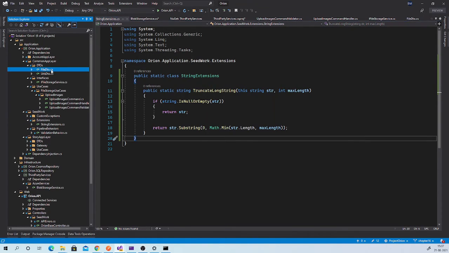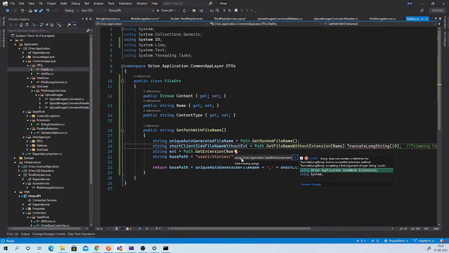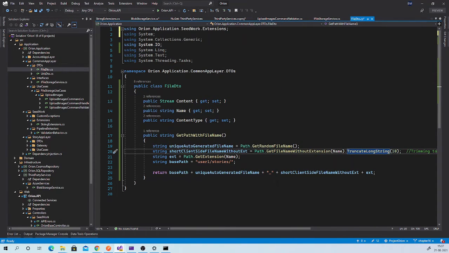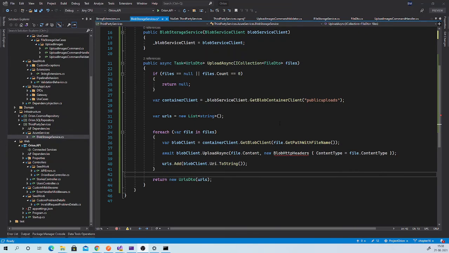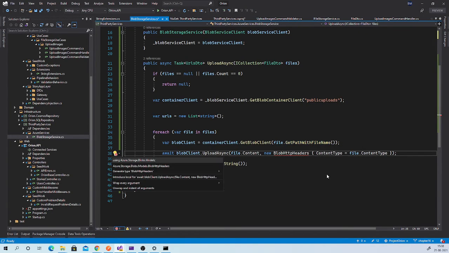Now if we go to file DTO, resolve this by importing the namespace, and this is done. If it is a little confusing to you, you can examine this code afterward. Now, if we go back to Blob Storage service, then this is resolved. Resolve this by importing the